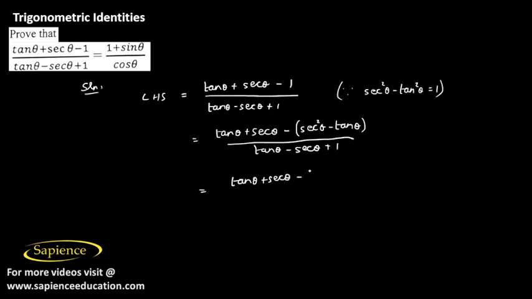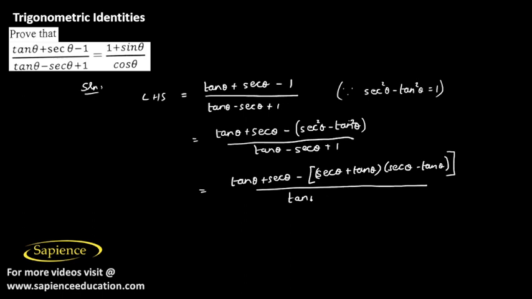Now secant square theta minus tan square theta can also be written as (secant theta plus tan theta) into (secant theta minus tan theta). And the denominator remains unchanged, tan theta minus secant theta plus 1. Now in the numerator both the terms have tan theta plus secant theta, so we can take it outside common. We will get tan theta plus secant theta into 1 minus